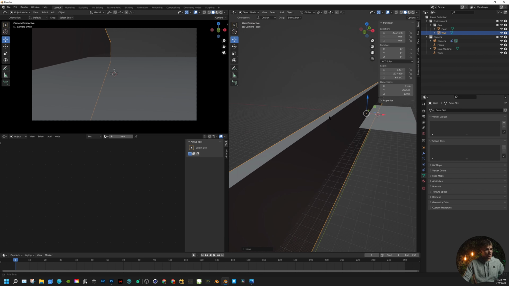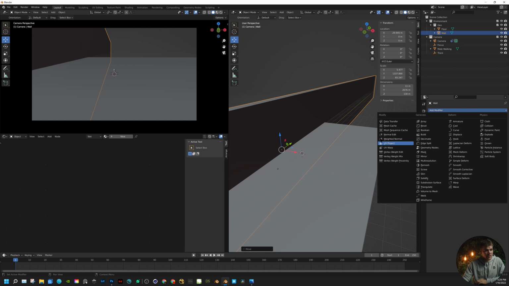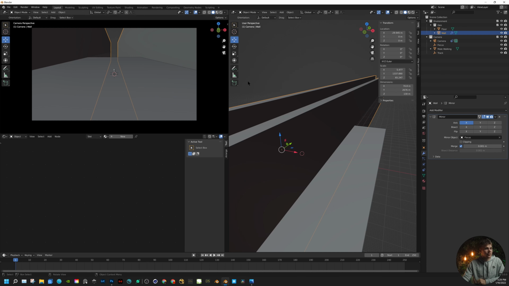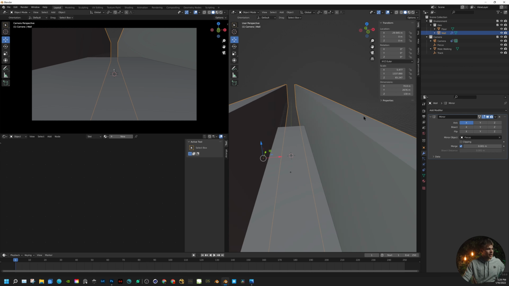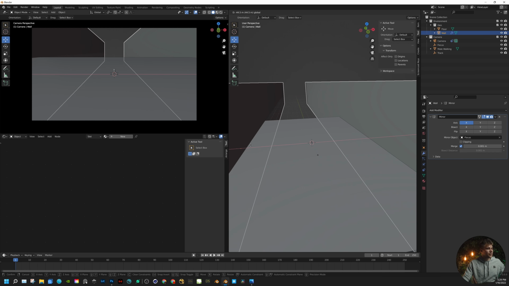It's looking good. And then what I want to do is add a mirror modifier. So I'm going to go to our modifier settings, which is right here. So we're going to select our mirror modifier, and then we're going to mirror it on our mirror object. In this case, I'm going to do our focus object. So right there. And then if I bring this wall back, the other wall will follow along with it, along